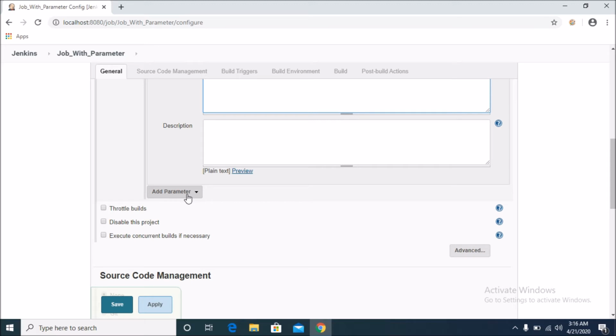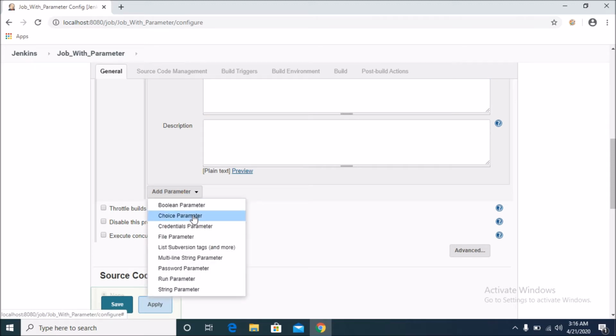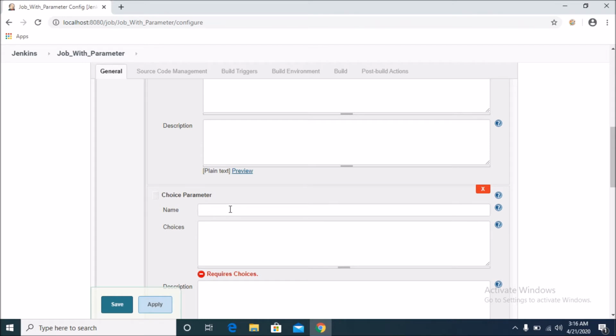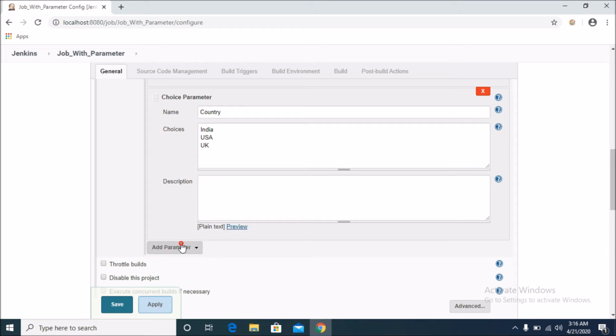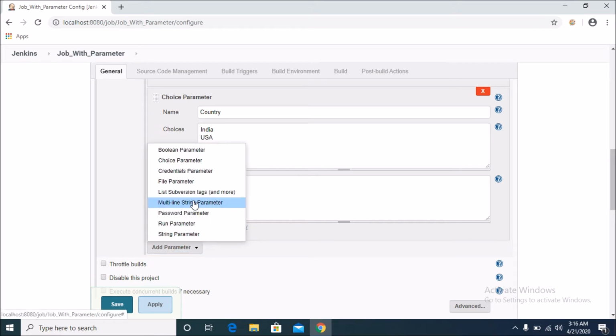Click this button, click here, and select Choice parameter. Just put your name here, and after that put your choices. After that you can add more parameters here, more parameters like that,